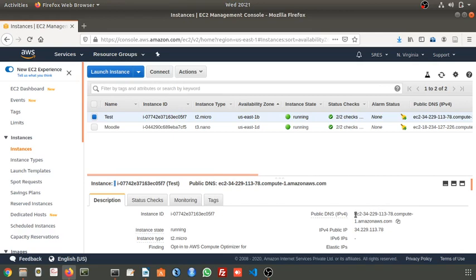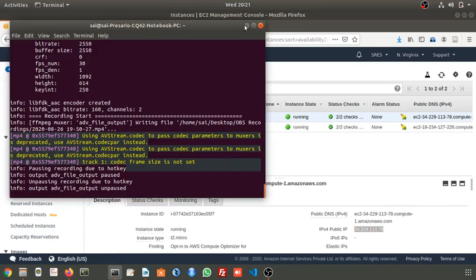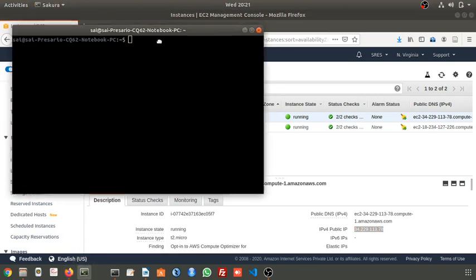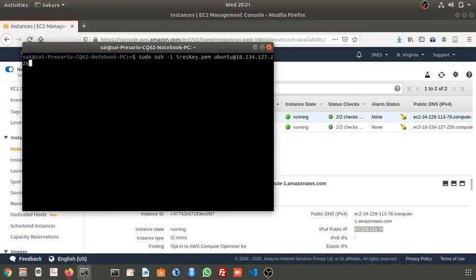Go to your command prompt, and then you have to use sudo ssh -i and the key. I think the key we have selected is test1.pem.